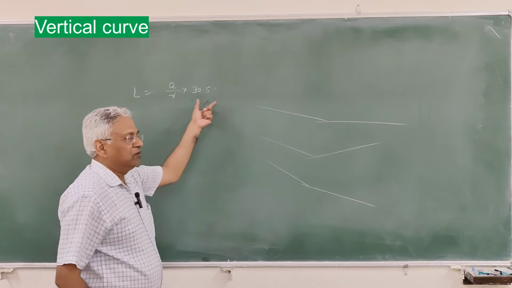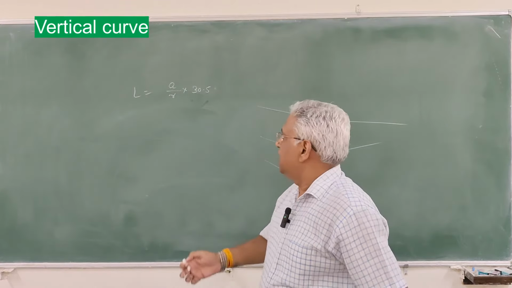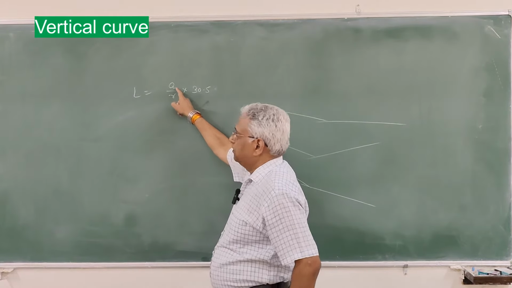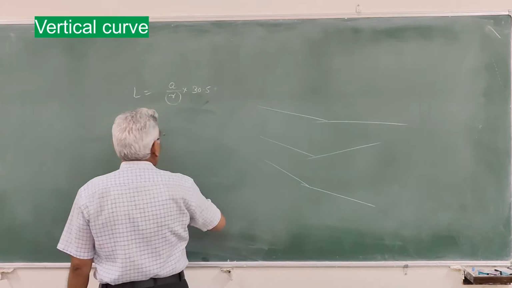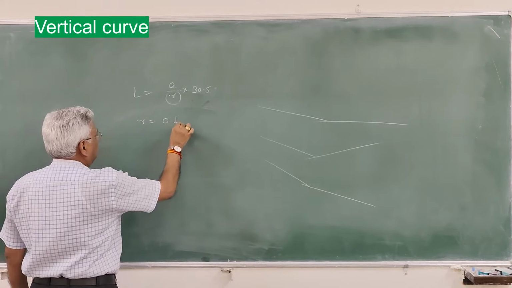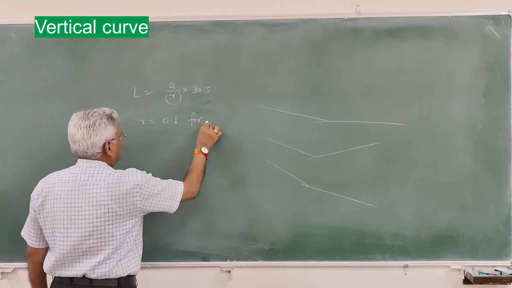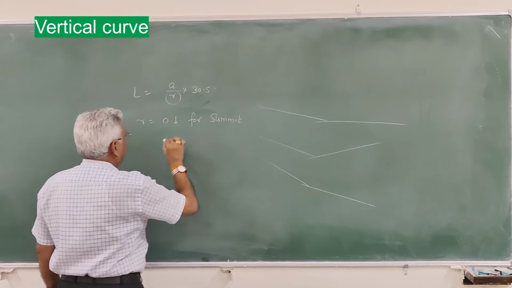Now 30.5 or 100 feet is taken as the chain length. A is the algebraic difference between the two gradients, and R is the rate of change of gradient. This R is 0.1 for summit curve